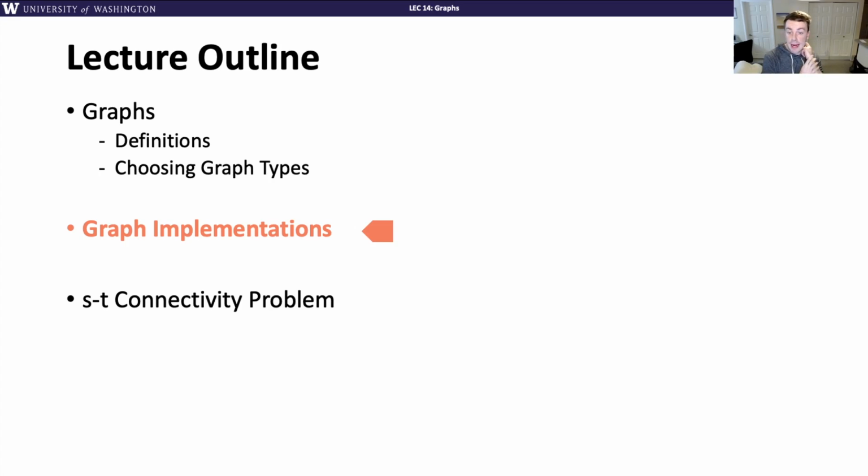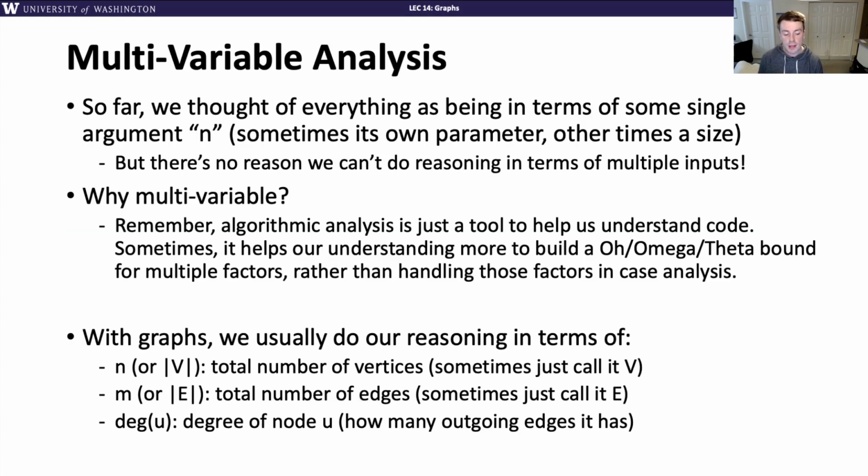So now let's go ahead and talk about some ways of actually trying to implement these graph ideas in a concrete data structure. So what structures can we use to actually represent these relationships between nodes and edges? Now, before I can get to that, I have to give us one little caveat on how we've been talking about efficiency so far. One of the things we're going to end up needing for graphs is this thing